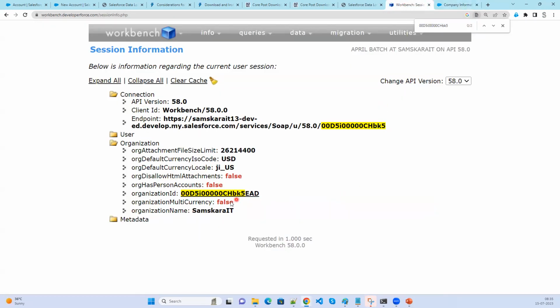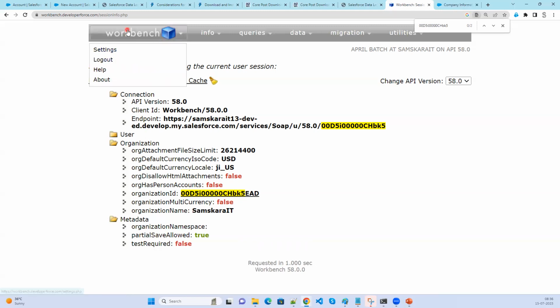So here we have the information. Here, organization multi-currency is false, and the organization name is Samskar IT. And then metadata. What is the metadata? Organization namespace and partial save, alone test run. So these are the informations which are available. Now, this workbench is able to access only this information